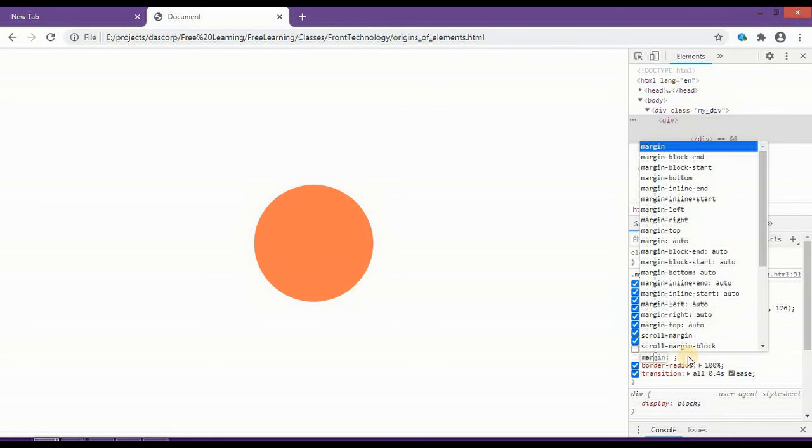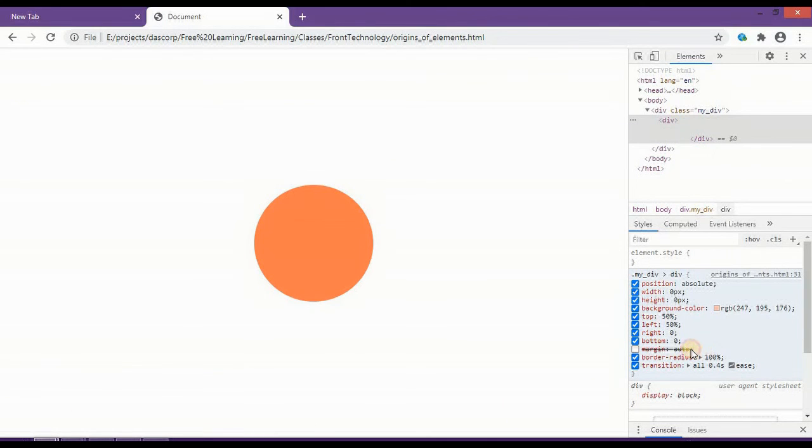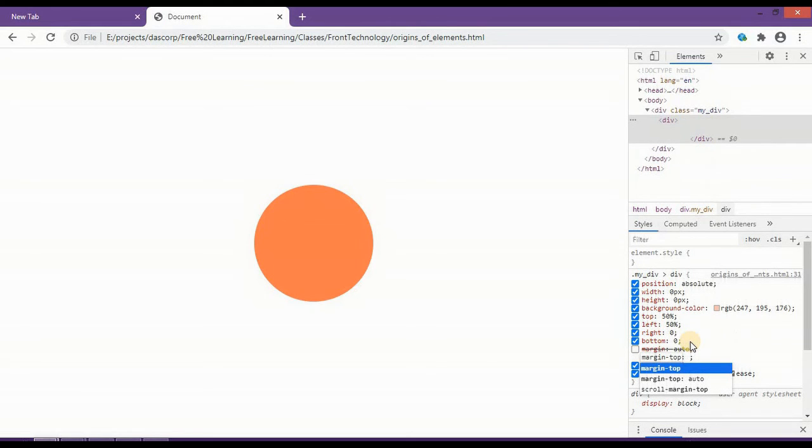Let me just assume the future width will be 200 pixels. I'll simply type margin top negative 100 pixels, and then margin left again negative 100 pixels.